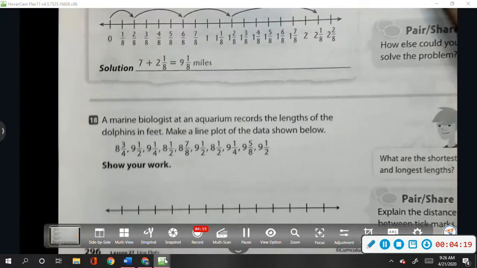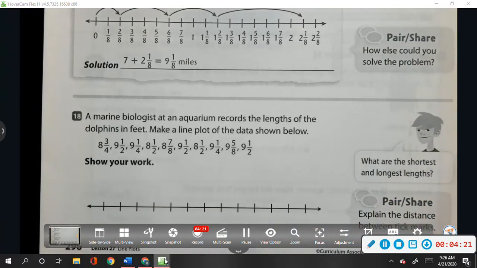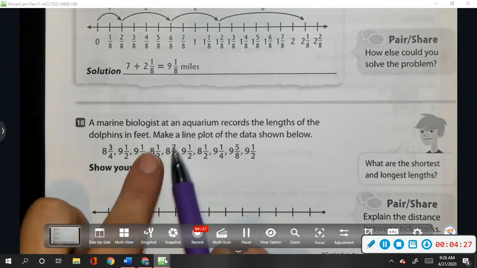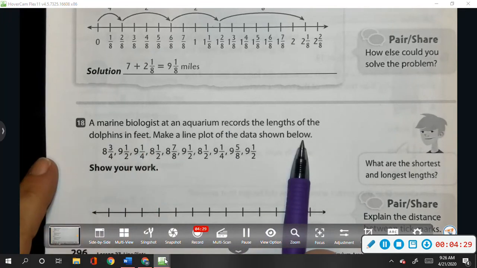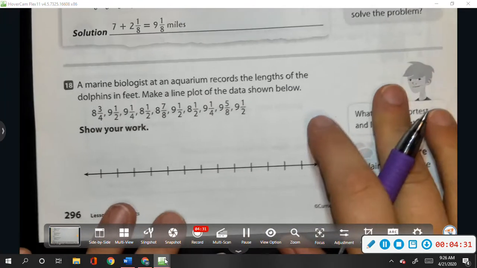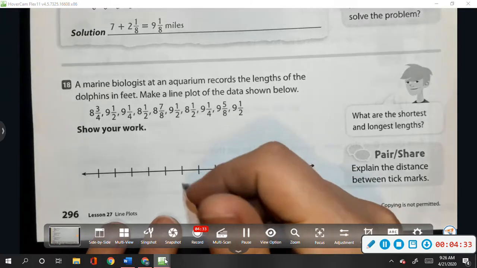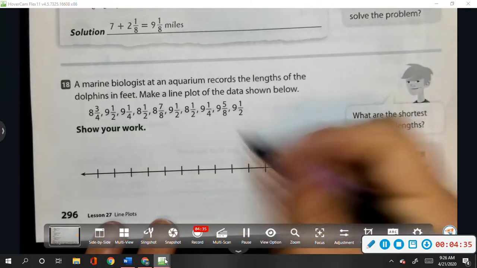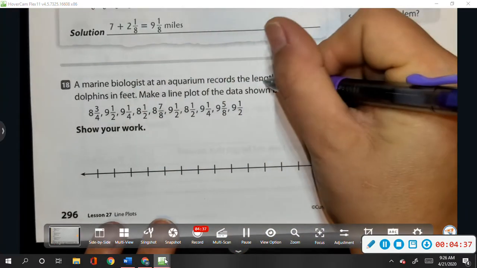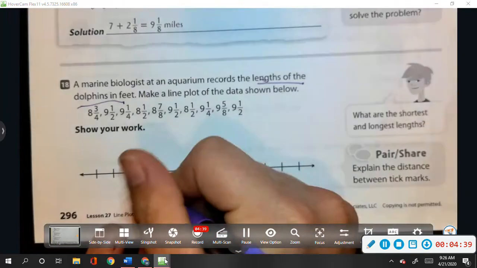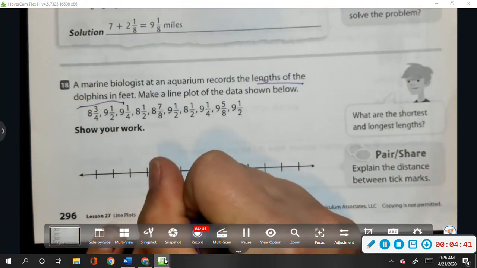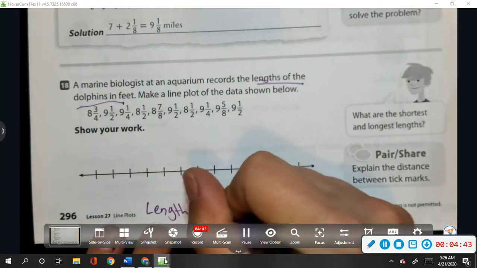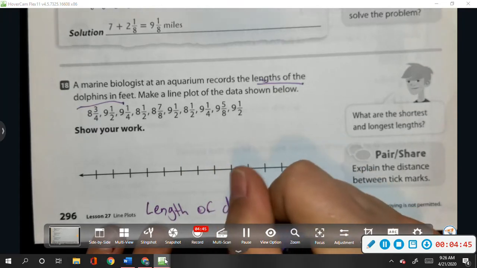Let's put some of this to work now. Number 18, a marine biologist at an aquarium records the lengths of the dolphins in feet. Make a line plot of the data shown below. So the first thing we want to do is label our line plot. This is going to be the length of dolphins in feet. So below here, length of dolphins